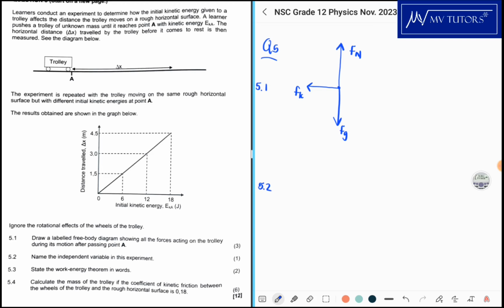5.2, it says name the independent variable in this experiment. If it's independent, it is normally placed on the x-axis. If it's dependent, it's on the y-axis. So the independent variable in this experiment would be the initial kinetic energy. Initial kinetic energy, okay, which is in joules. And then 5.3,